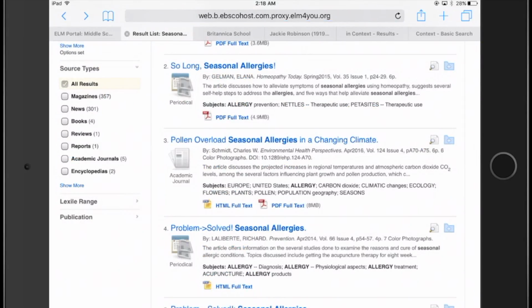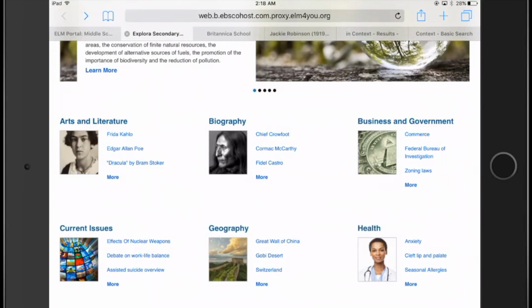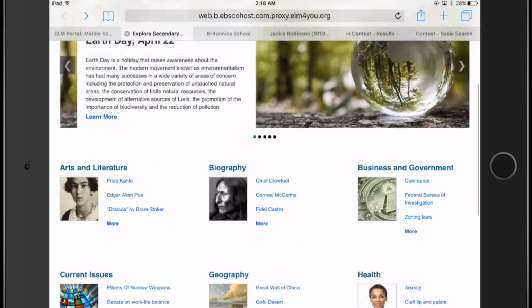So that is Explora Teens, and it's another really great database. It's brought to you by the Electronic Library of Minnesota, or Minitex, and really great verified information. Remember, it's copyrighted, so if you use it, remember to cite it. Or just keep it in your brain. You can get all sorts of information from these databases, and remember